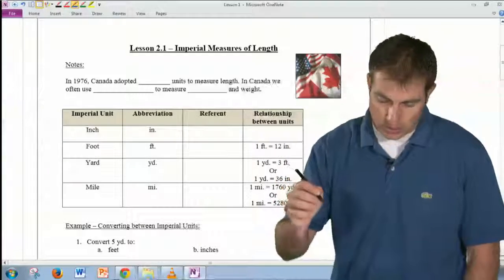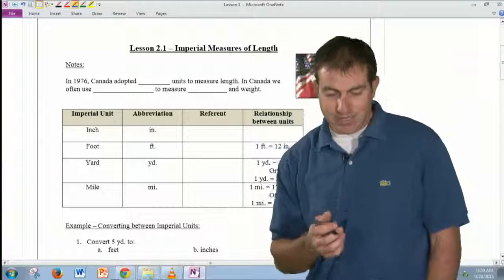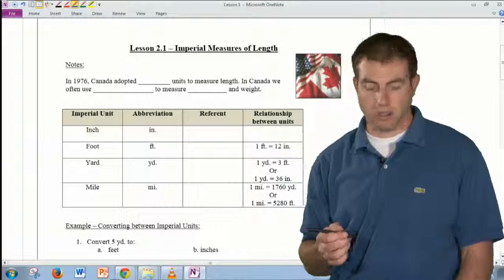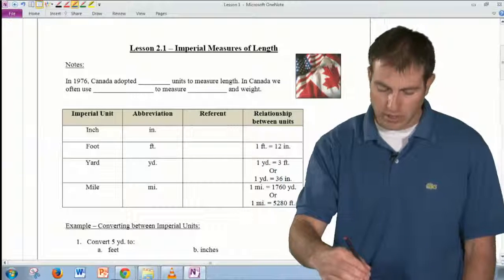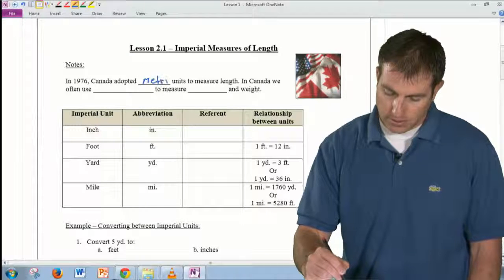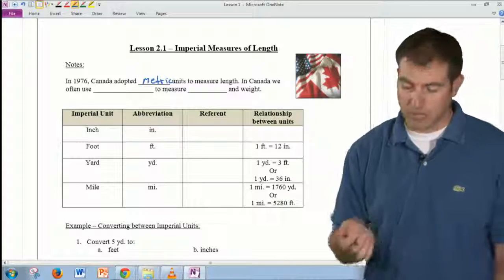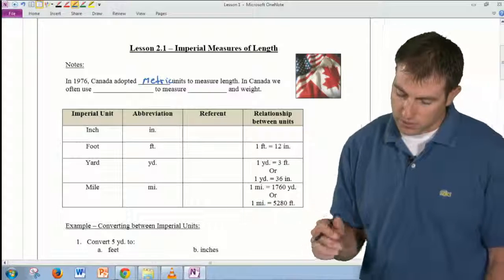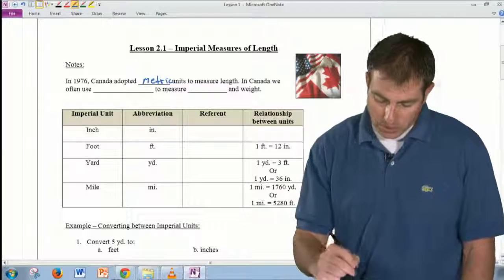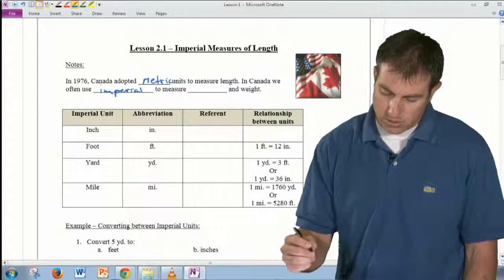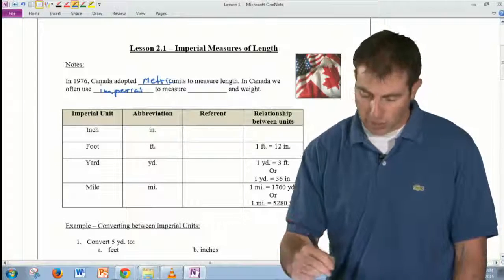So the first thing here at the top, in 1976, Canada adopted metric units. 1976 was a bit before your time, but we call our system metric. It's based on powers of 10. You guys know all this stuff. But we often use imperial to measure height and weight,